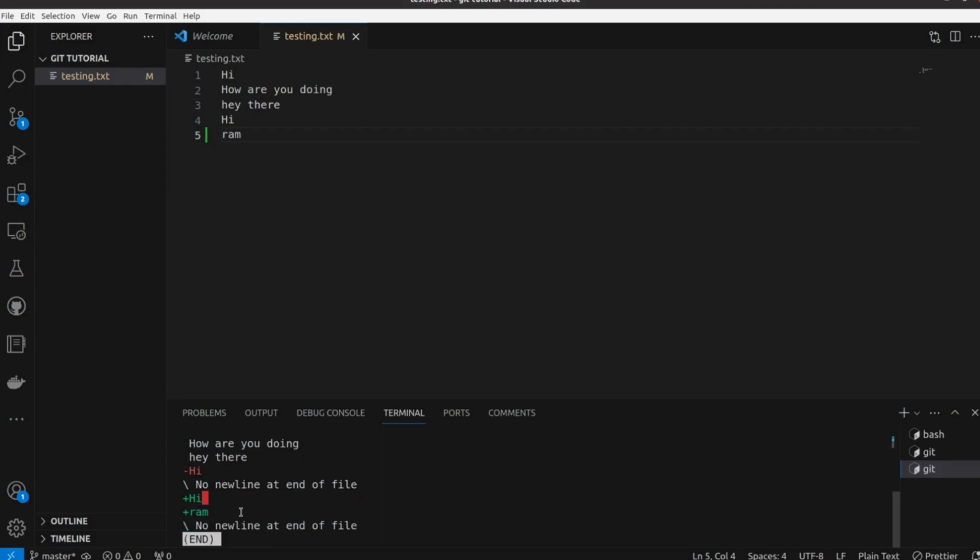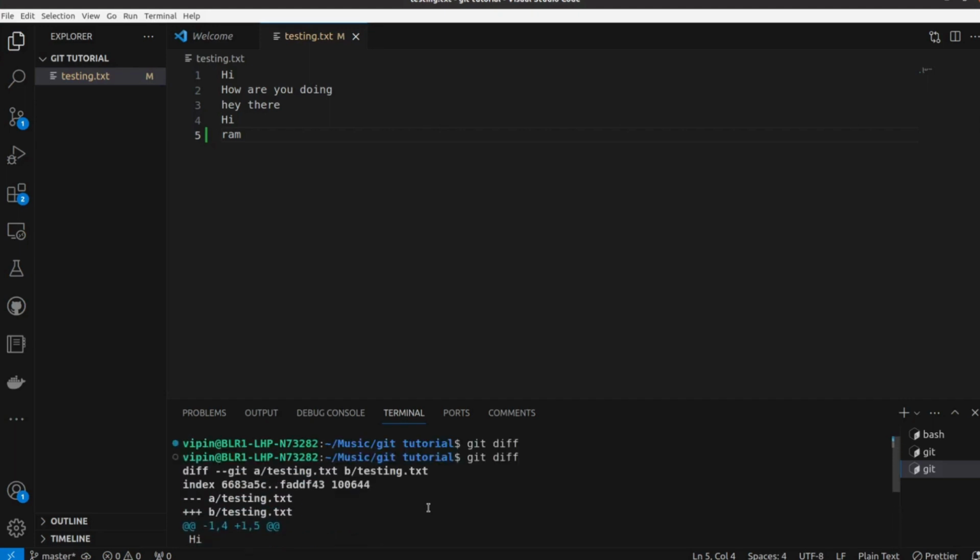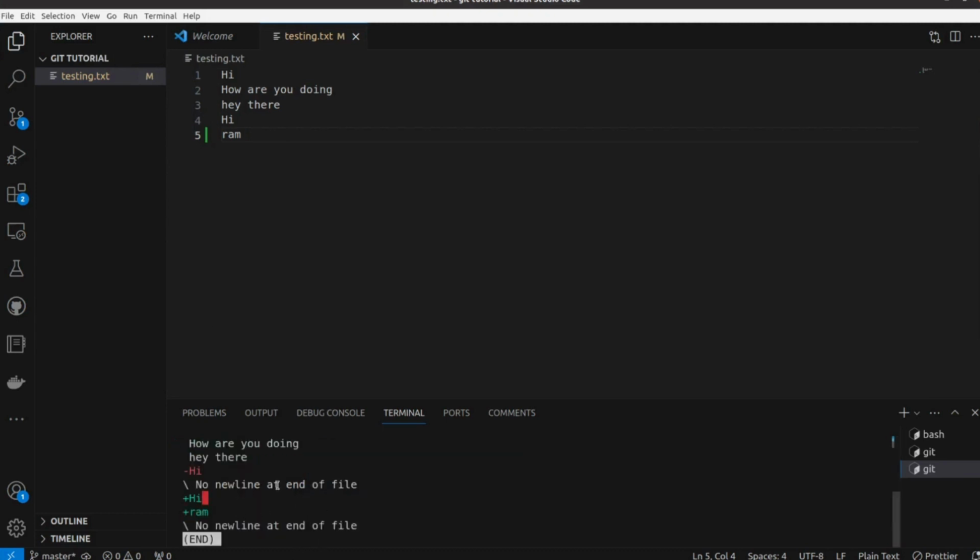Hit enter, then q and Control C. It's not working, I don't know why, so let me open a new terminal. What the git diff command does is show the differences between our staging area, our local repository and the previous commit, all the differences related to our repository.